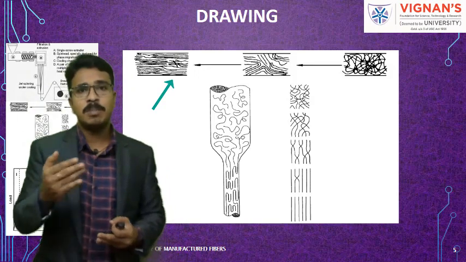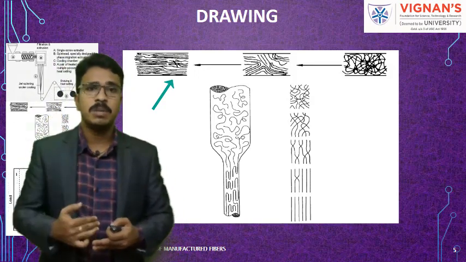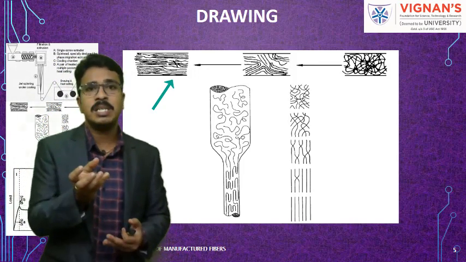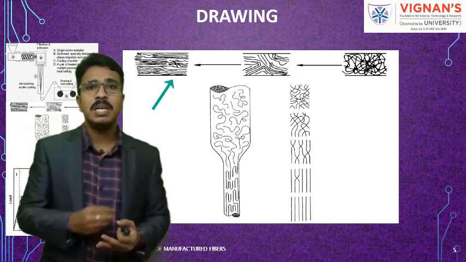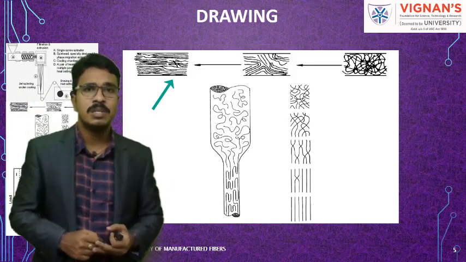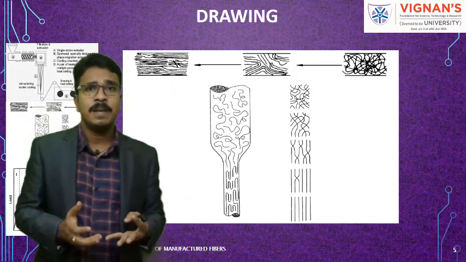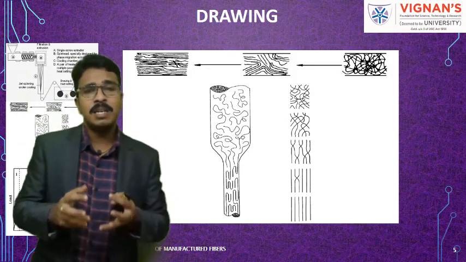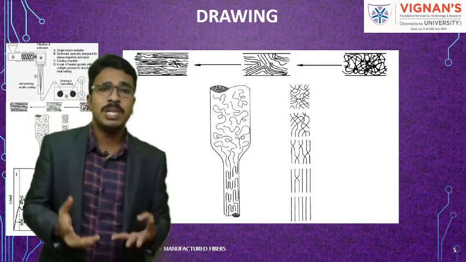Even if you look at the bottom two images, from top to bottom, on the top side you can see the arrangement of molecules, how orderly they are arranged. That means there is no proper order; it is arranged randomly. In that state the filaments do not have adequate properties, that is, adequate orientation.